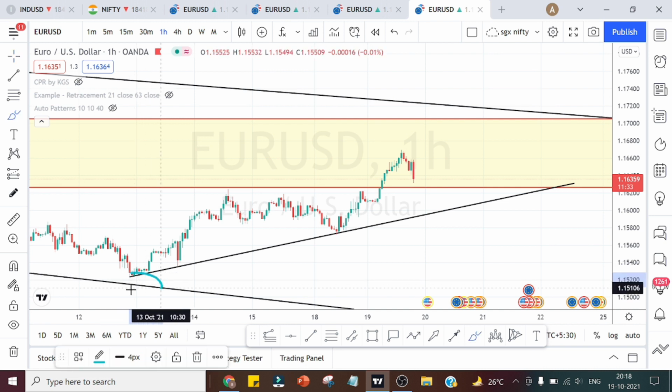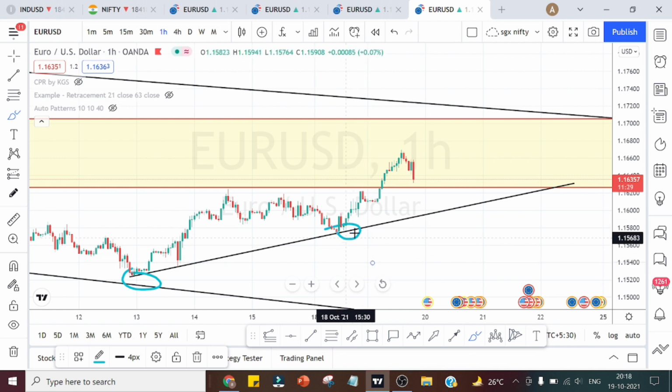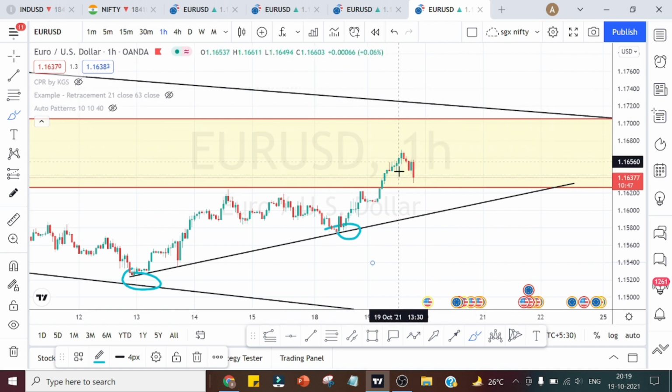Here it has taken a support. Next support it took over here and started its uptrend. Presently it looks like it is trying to trace back to this dynamic support. If it doesn't break this line, we can see the uptrend continue and test this dynamic resistance, which is from the daily time frame. It is presently in the resistance area also. So a lot of resistance is there in this area now. That is why I think the market is actually struggling to cross this area.